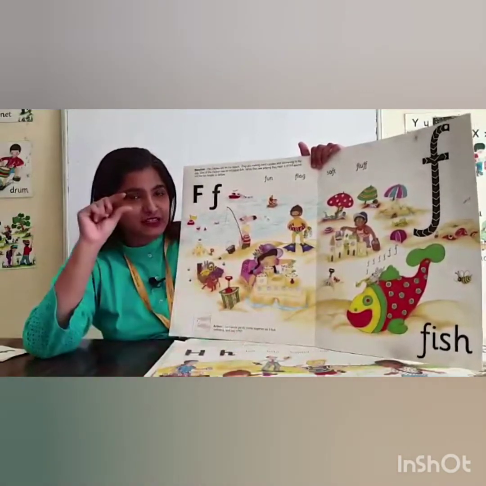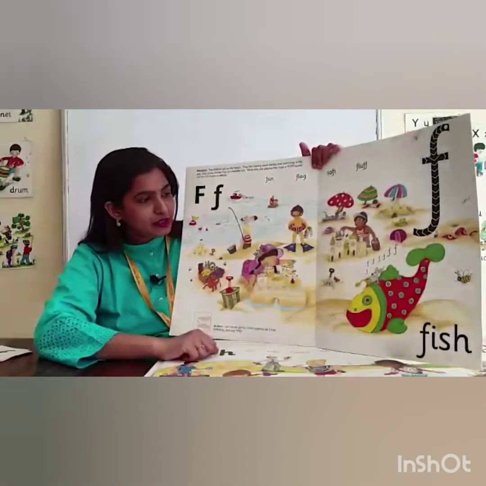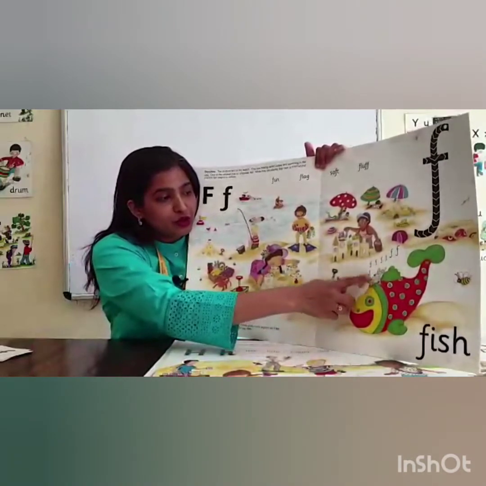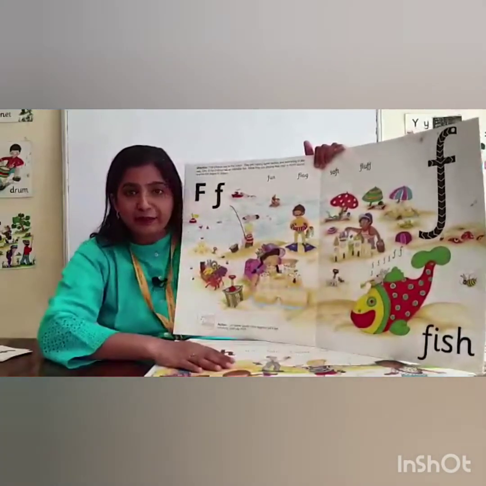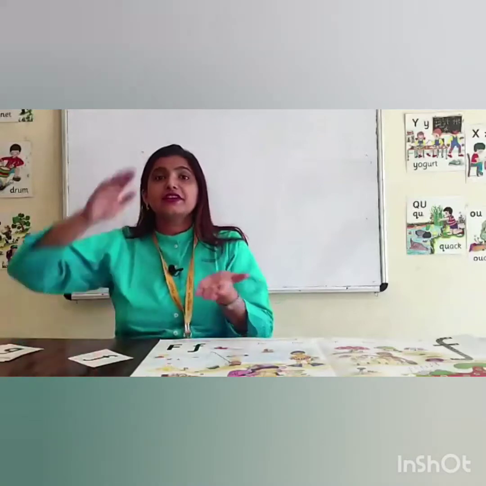You've seen there is a small nozzle there and you blow air from it. So this fish, when the nozzle was opened by this mouse, what happened? All the air came gushing out, and what sound did it make? It made this sound. Come on, repeat after me. So the sound of letter F is